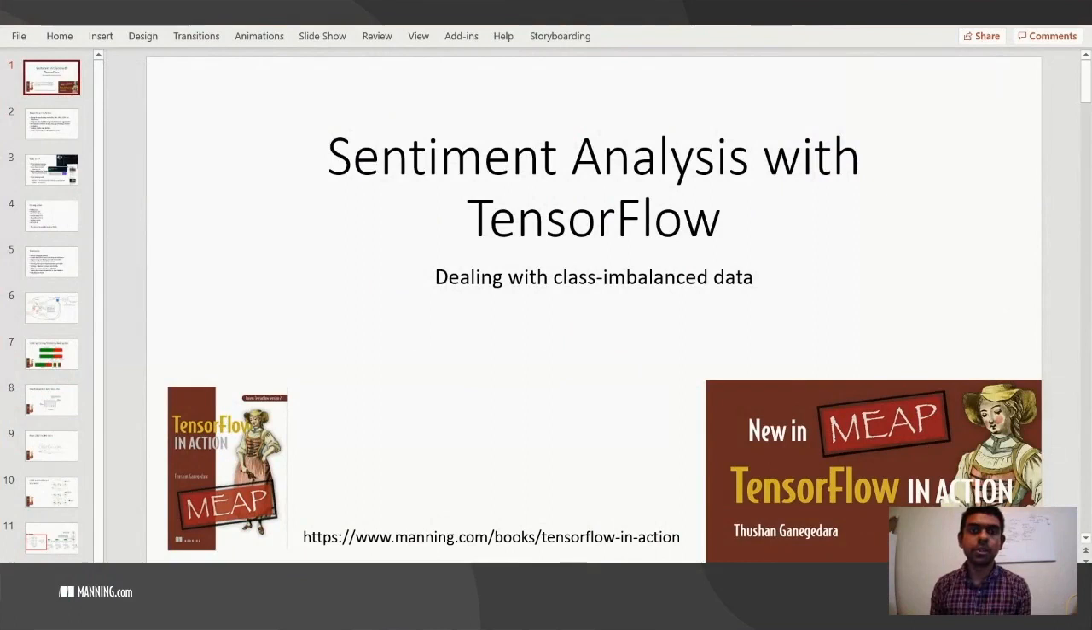This session is going to be on sentiment analysis with TensorFlow. So basically, it's actually not a standard sentiment analyzer. It's going to be a special sentiment analyzer that is actually dealing with class imbalance data. Class imbalance is a very common and pesky problem in data science. So it's really good to learn about how to combat class imbalance, during data manipulation, as well as the